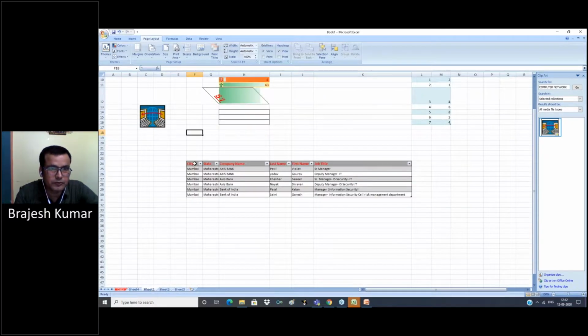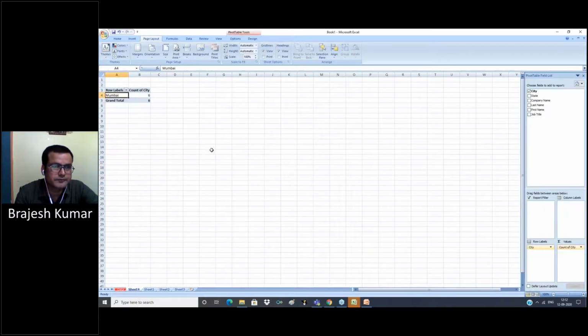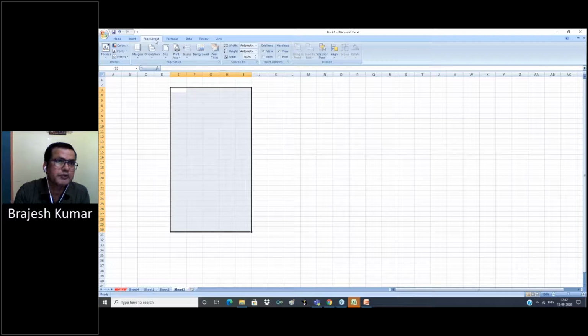Now, page layout is mainly used in print preview. Suppose we want to print this area. When we take a printout of our Excel sheet, we use page layout.